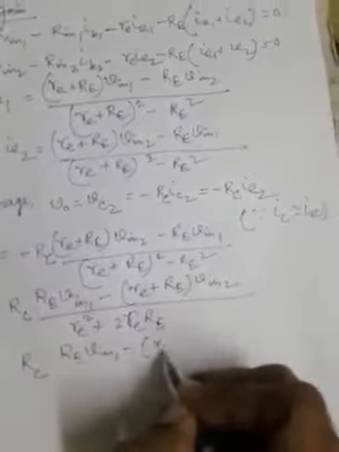Okay, so therefore this is RC into RE V in 1 minus (RE plus re)